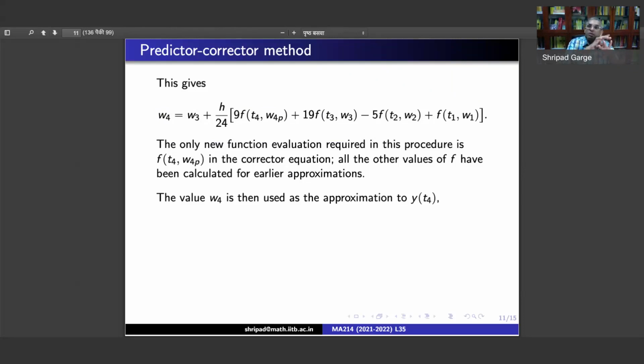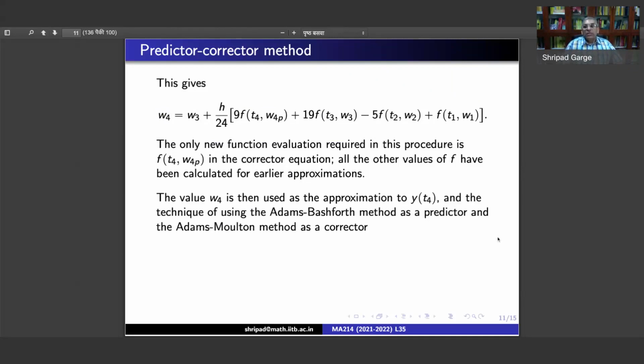So use these 4, 1, 2, 3, 4, to compute W5, again using the explicit Adams-Bashforth, W5P, the predicted one, and put that again in the implicit Adams-Moulton method to get the W5. Put that in the shelf. And now using 2, 3, 4, 5, you compute the predicted 6th. Put that in the implicit formula, get the 6th value, put it in the shelf, and this is the way